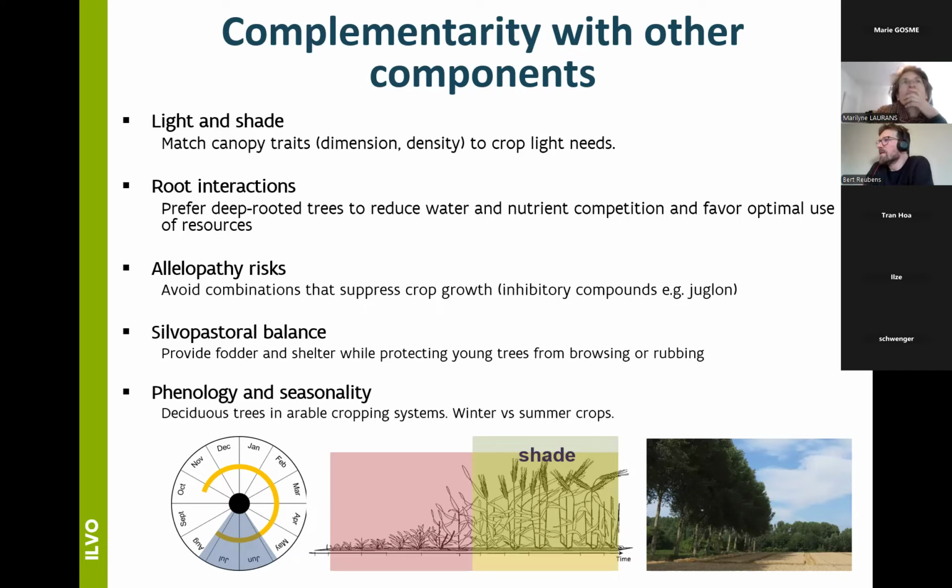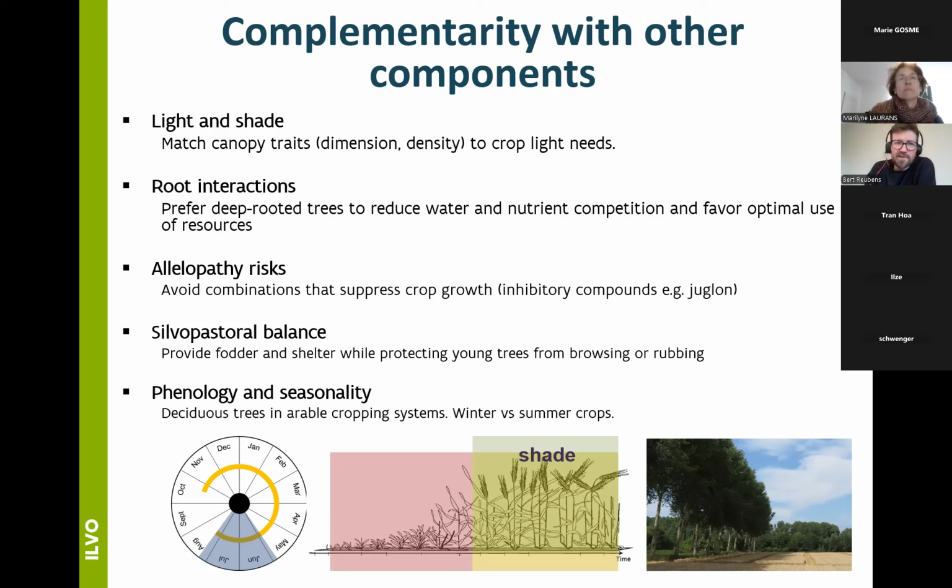It also means that you check sometimes some species might produce inhibitory compounds, like the walnut species, especially black walnut, which produces juglone, that can suppress crop growth of other crops, and that's something you want to avoid.